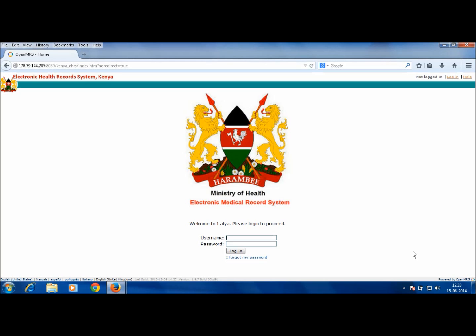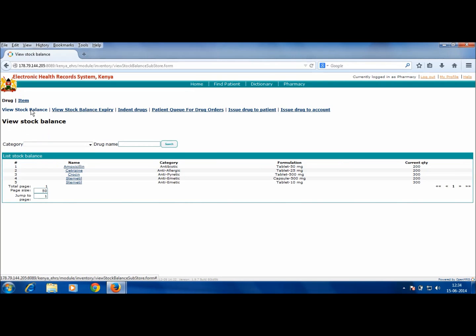Now let us log in through pharmacy. On successful login, you will see the following screen. Click on the pharmacy on the navigation menu. What you see now in front of you is the interface of a pharmacy screen or any sub-store. The first two tabs have similar functionality of View Stock Balance. This shows the stock balance in a sub-store at any point of time,